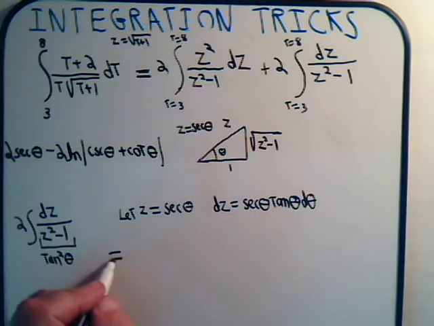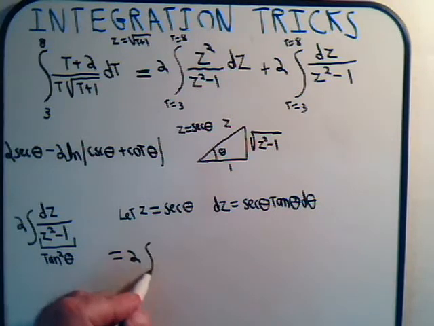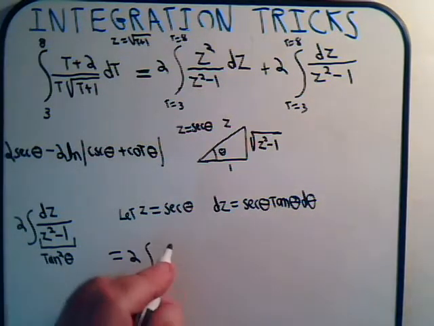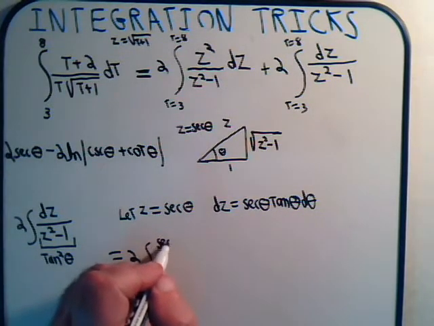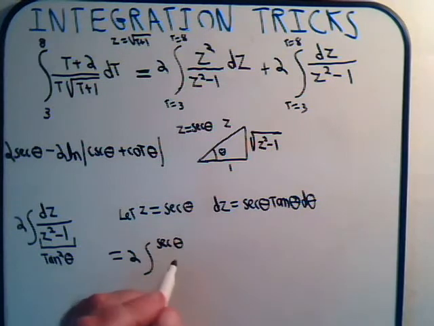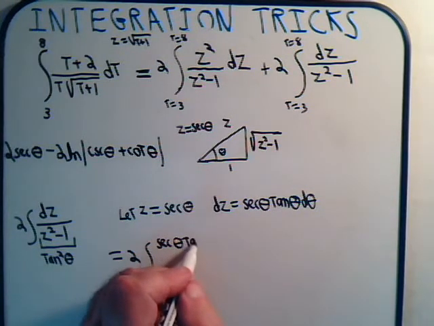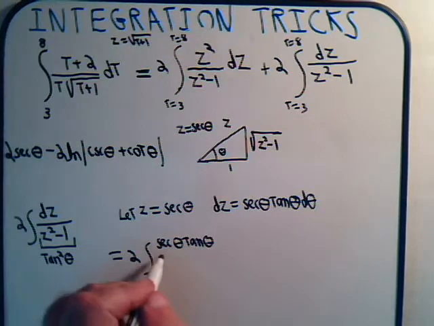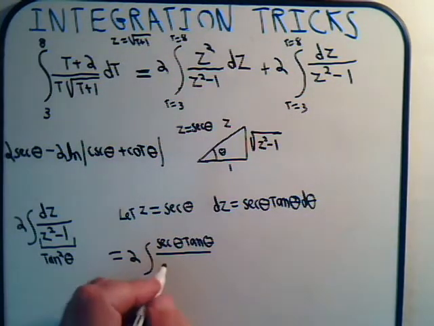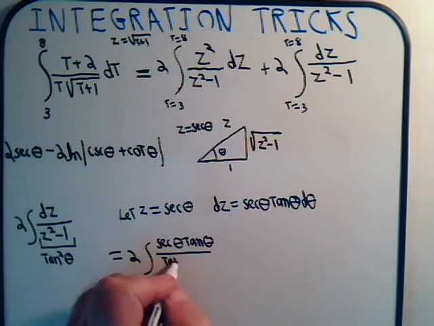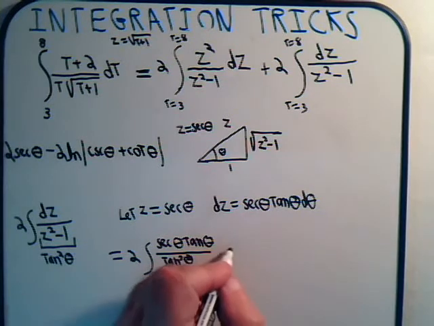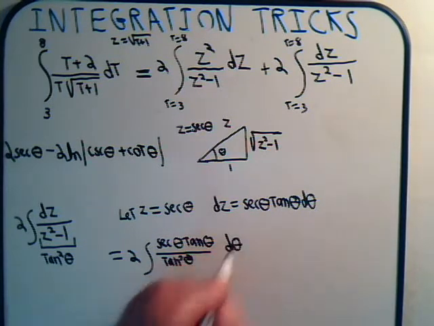So this is going to be equal to 2, dz is this, secant of theta times the tangent of theta, divided by the tangent squared of theta d theta,